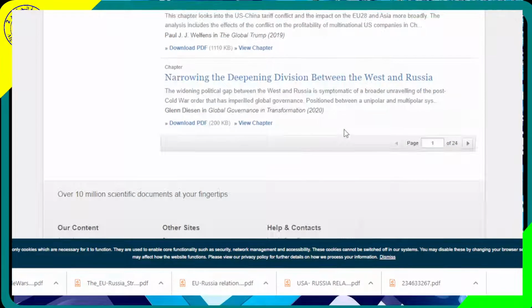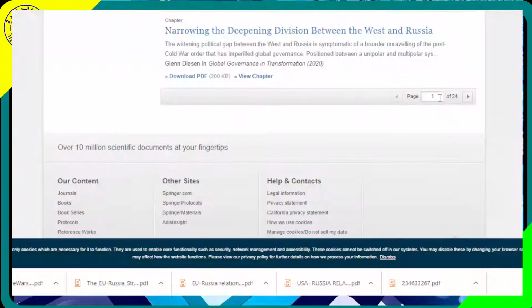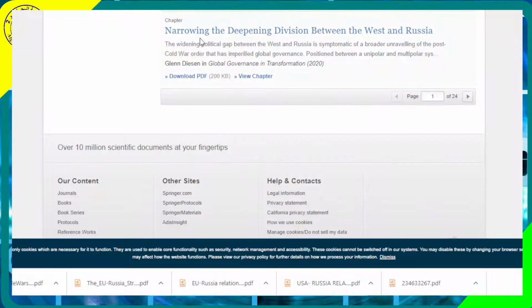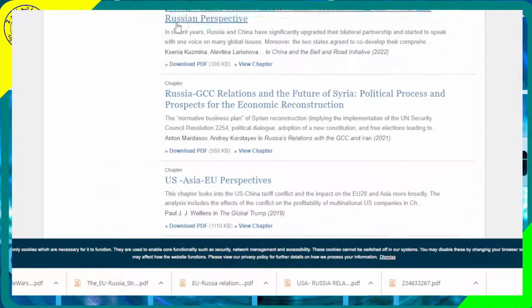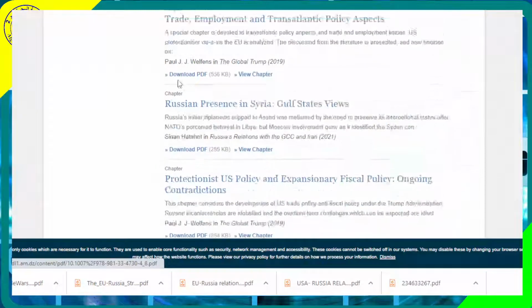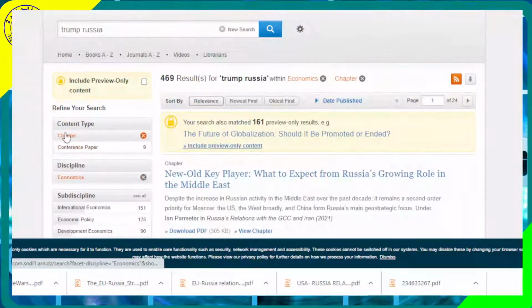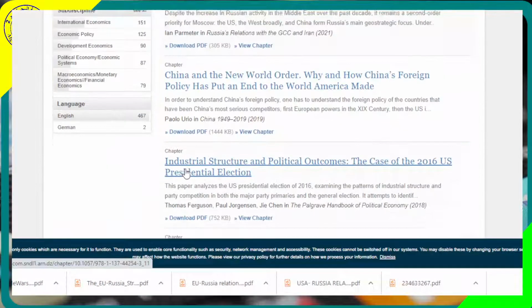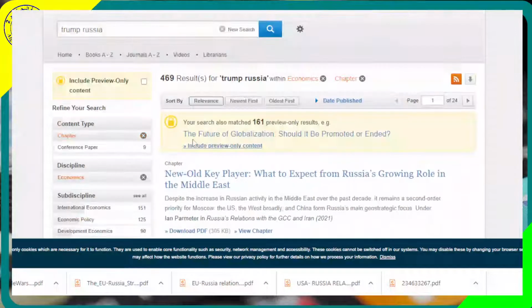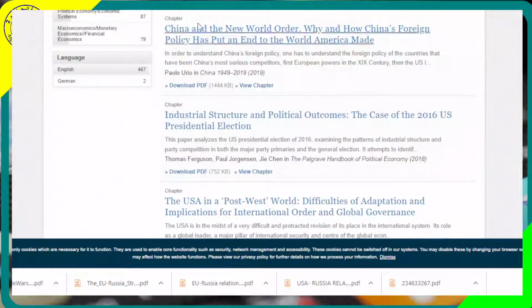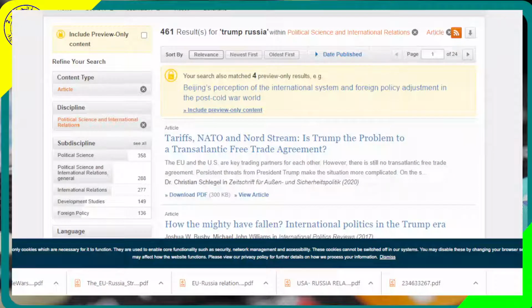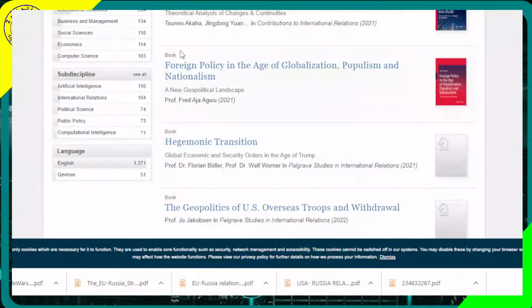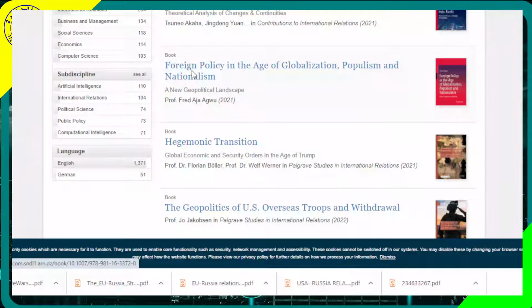And I think the more you go, there are pages. Each page contains about 20 articles or 20 references. And it tells you here it's chapter. Of course, we have narrowed down, we have filtered to chapter, so all sources here appear as chapter. But if you don't narrow down, it tells you whether it's a chapter or an article or an entire book. So for entire books, it doesn't give you direct access to